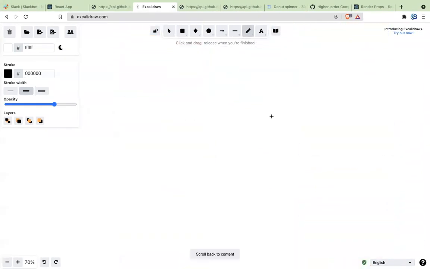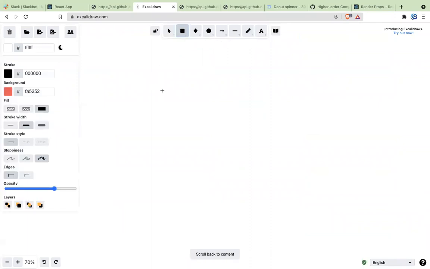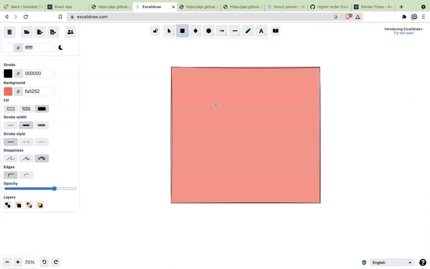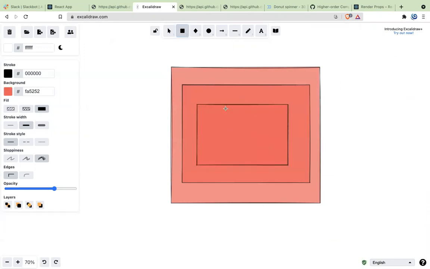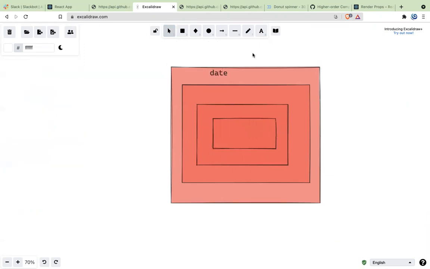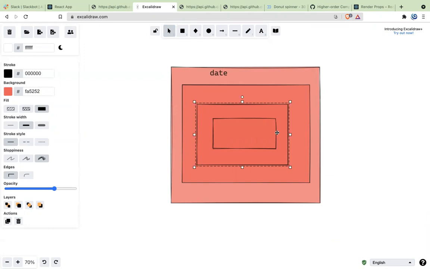So what is the problem that context API solves? Generally, when you're working on a component, it is something of this sort. You have a component inside a component, inside a component, inside a component, something like this. You have some data here. And just to make it better, let's call it like this.